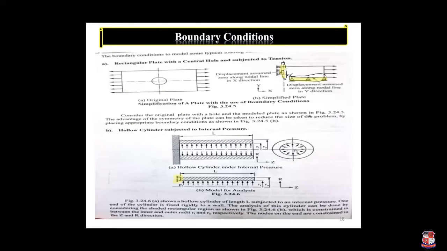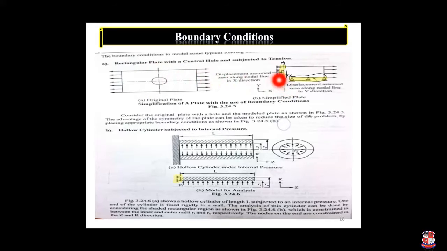Now another example is a rectangular plate with a center hole, subjected to a tensile force. When such geometry is there, we take a quarter part of it. When we convert this quarter part into this, you can observe here I am applying the roller support here, and here also. Then we just have to find out this simplified problem. This simplified plate is used to identify the whole system.